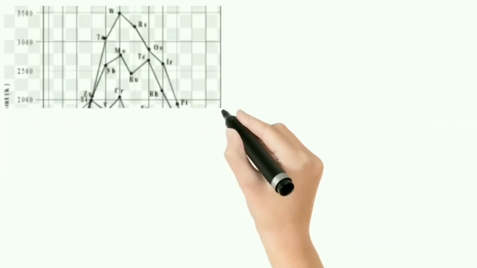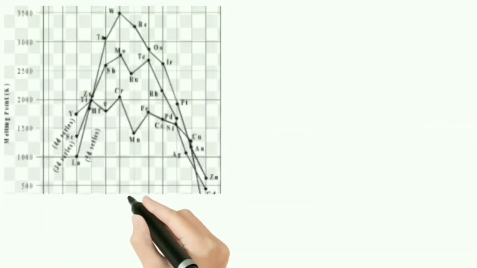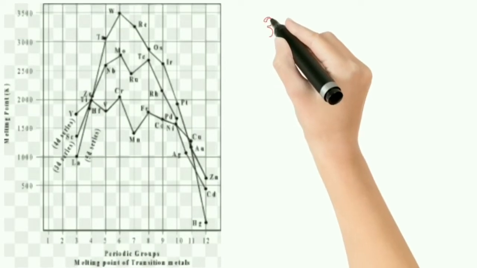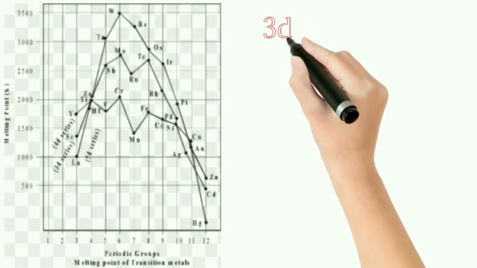Okay, you can see that graphical representation for all the series. First one, manganese with that is first series, that is 3D series, 4D series, 5D series. 3 series have been given for you. In the first series, if you check out the manganese which is present here, then on the left side, if you check out, scandium will be there.